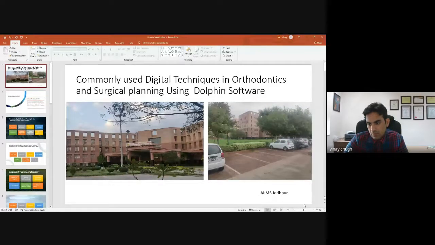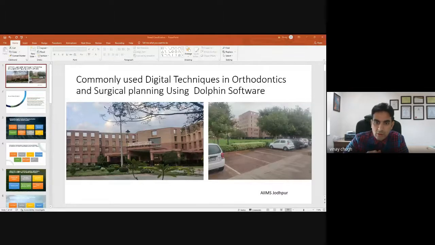Broadly, we can classify our treatment planning software into three categories. This classification is not given in books or elsewhere, but I felt that primarily in terms of orthodontics, it can be broadly classified into three. One, the software based on intraoral scans, where we form the e-models, which we have talked about in detail in the last two sessions. I'll touch on this this time also.